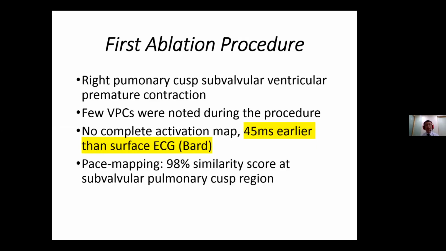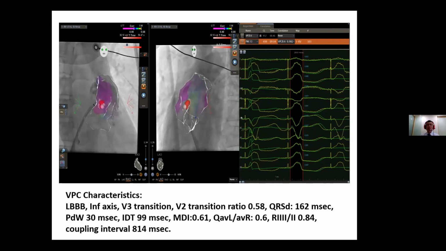And you can see that during the first ablation procedure, we identified the PVC after adding medication, because when the patient entered the EP lab, there was fairly limited PVC. I think some cases have this kind of behavior. You can have lots of PVC at home, but when you enter the EP lab, because of changes in autonomic tone, the patient is anxious, so only limited PVC is found. And it is 45 milliseconds earlier than the surface EKG, with good pace mapping in the subvalvular pulmonary cusp region. So you can see this is